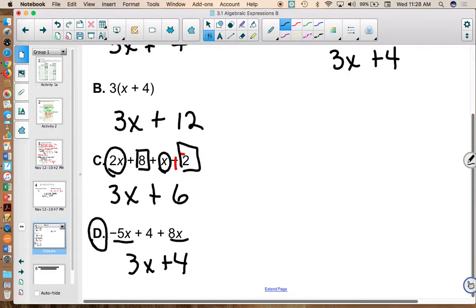Now, why do I go in and circle up things like I did on C and put different symbols on the others? Why would I do that, do you think? Michaela, why do you think I do that? Because that helps categorize the different like terms. It does help categorize it. These are very small algebraic expressions. I have 8th graders right now that are doing